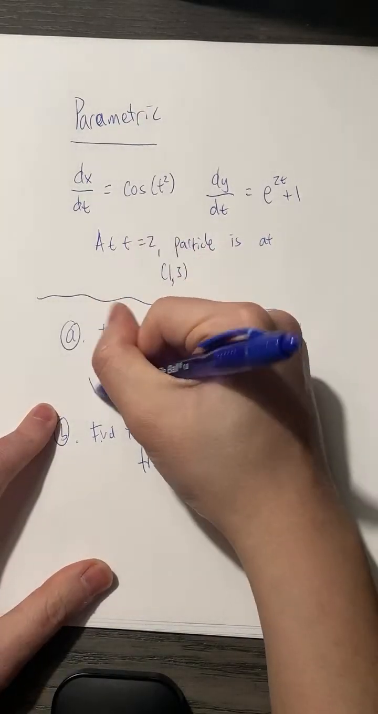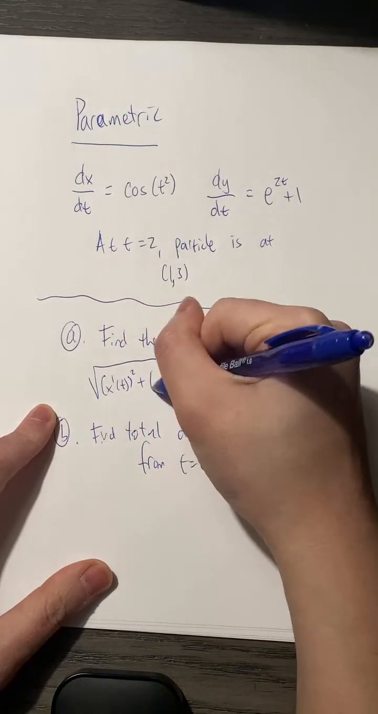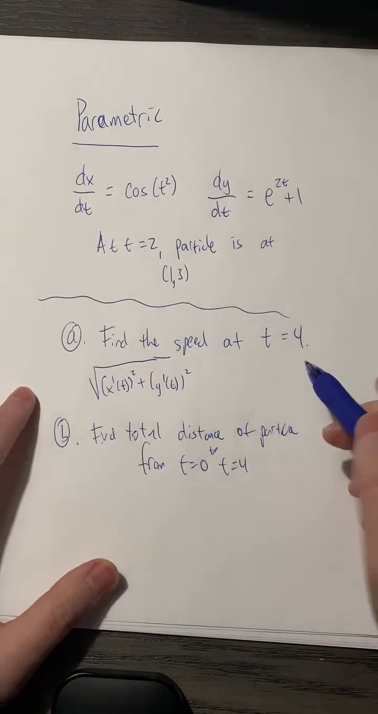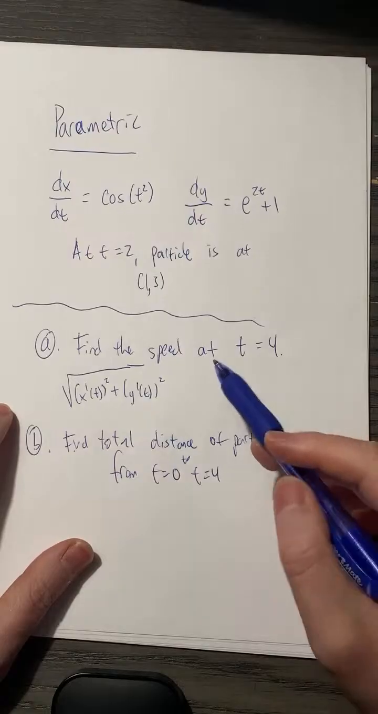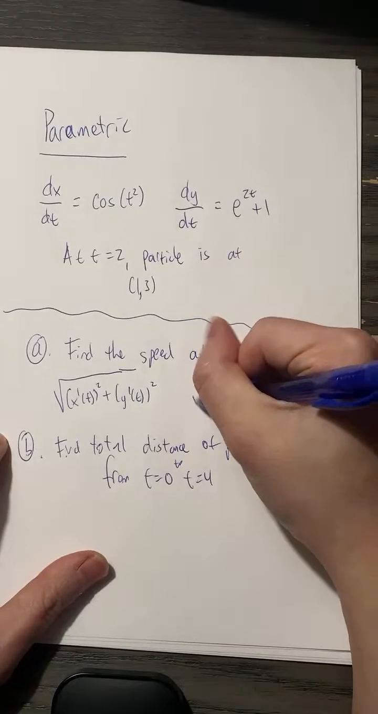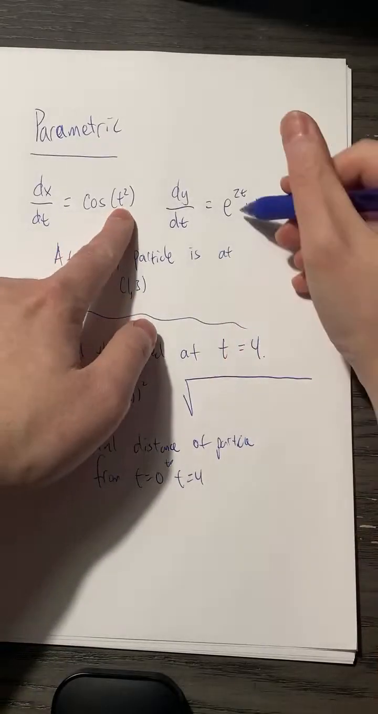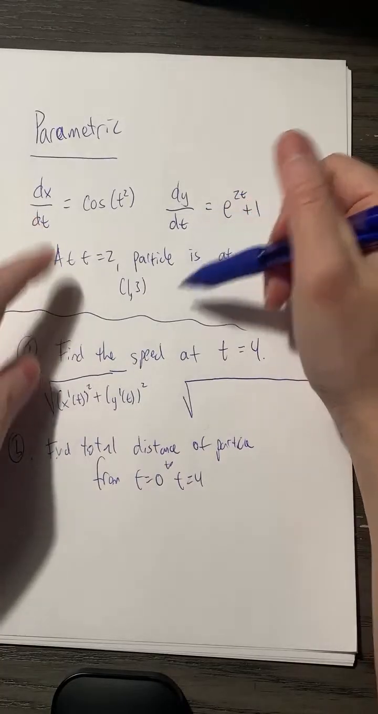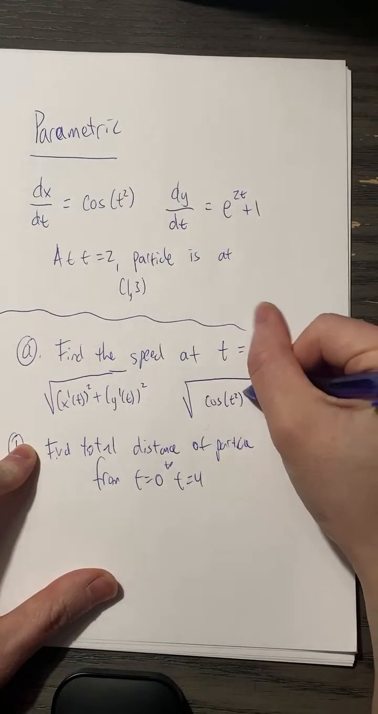So the speed formula is just the Pythagorean theorem of the derivatives. There is a difference between finding the speed at 4 versus finding when the speed is 4. Here we're finding the speed at 4, so we're just going to plug in 4. If it was find when the speed is 4, you would set it equal to 4. So we write a big square root and plug in 4. Just be careful that sometimes the formulas have squaring in them, but you have to square the entire thing. Also keep in mind that these are already the derivatives, so I'm not taking any derivatives for this question. So it's cosine of t squared